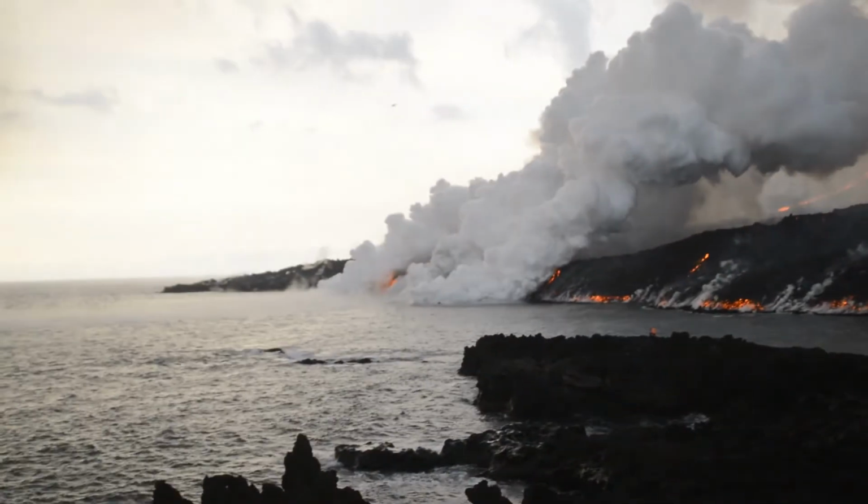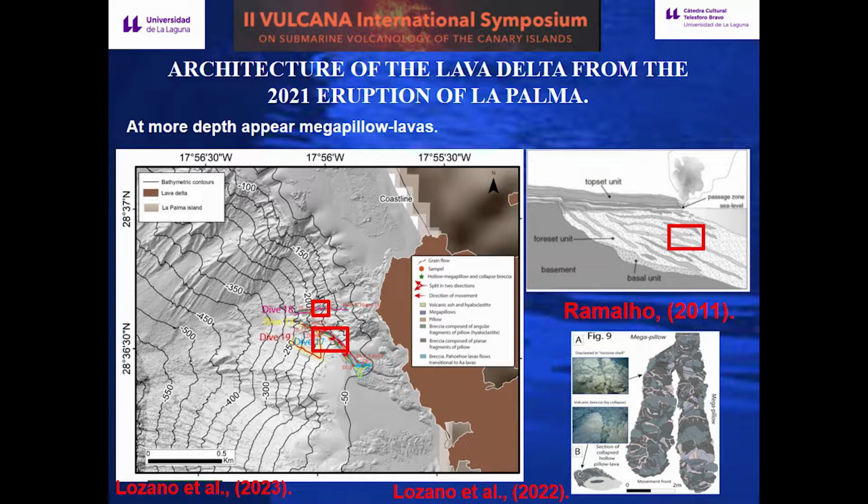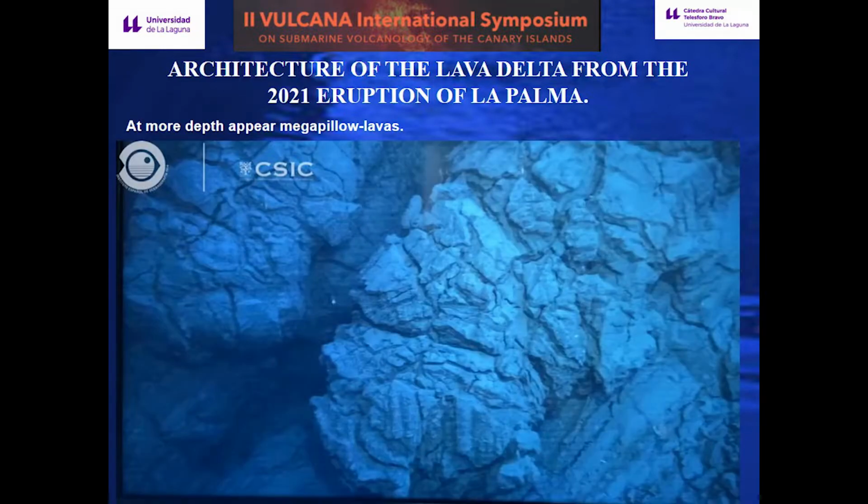Please, the next. The lava flowed over the insular platform around 60 meters deep, giving rise to the typical aa flow you can see in the photograph. Please, the next. And deeper appears the mega pillow lava. You can see